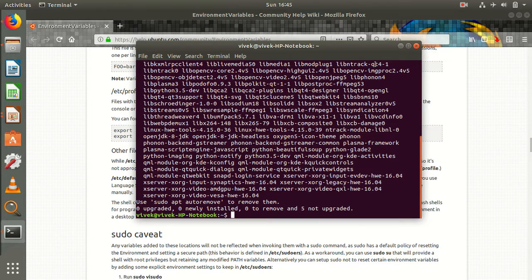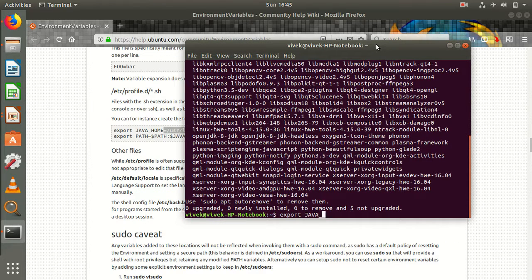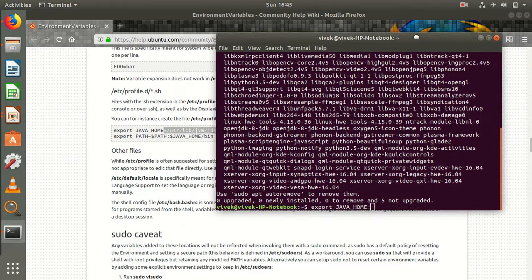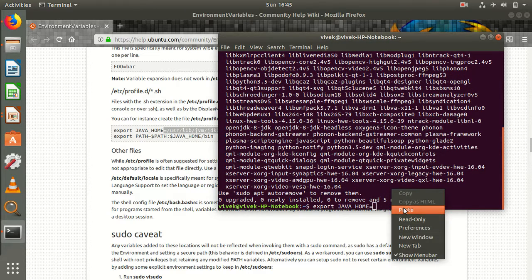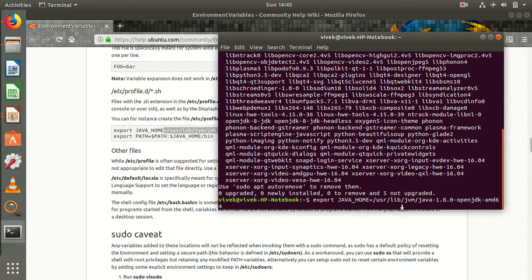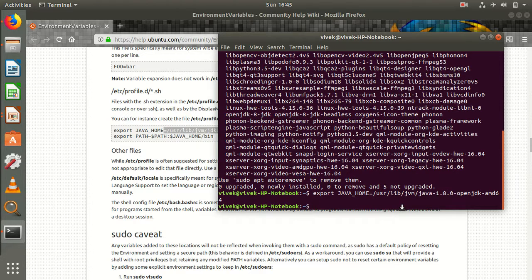So inside the terminal, it is implemented by export command, export JAVA_HOME equals to that variable. Once the variable is set, we have to set up the PATH variable now. Same way, export PATH equals to $PATH: